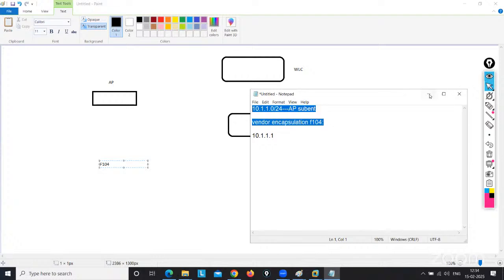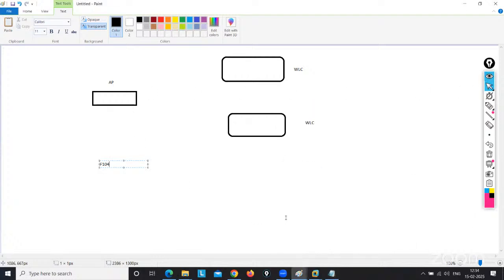These things I will show you practically, how you need to configure and how the AP will go. Once everything is good, if after that it still does not go to the proper WLC, you need to do a hard reset. The hard reset button is there, and after that you need to configure it manually. We don't have any other option.